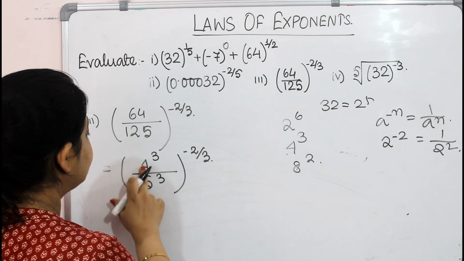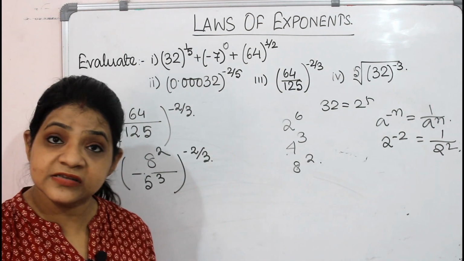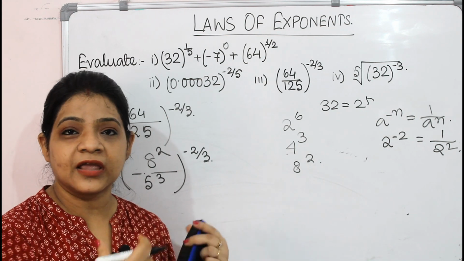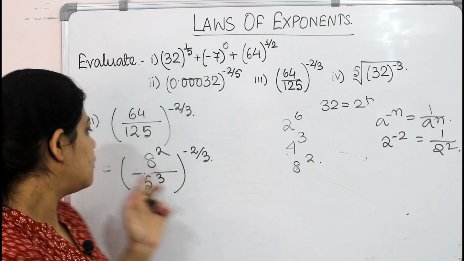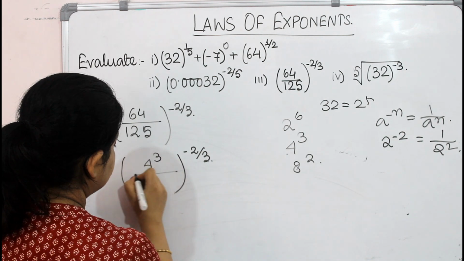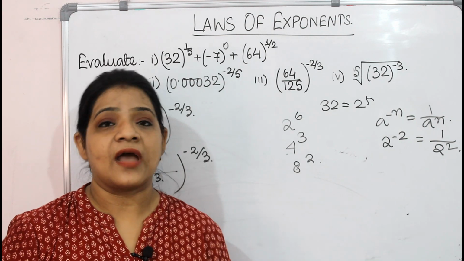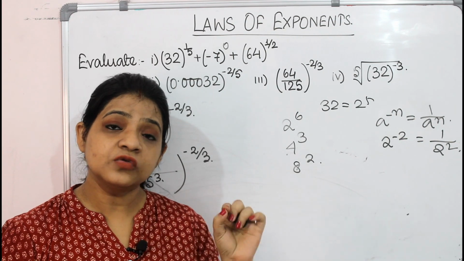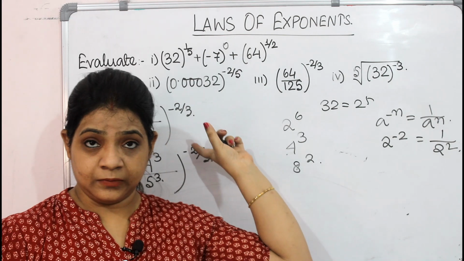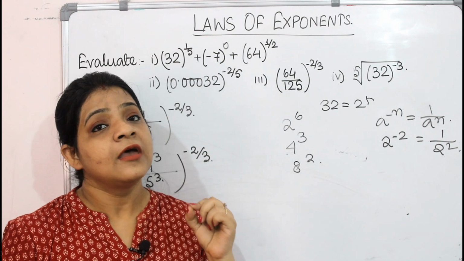Or suppose we had done it with 8 square. 8 square is also 64. But here you see minus 2 by 3, so the calculations become much more complicated. So no use of doing this. We will just write it as 4 to the power of 3 and 5 to the power of 3. So you have to choose the powers very wisely. Please choose the powers based on the denominator that is there in the expression. This minus 2 by 3 is already given. So you have to choose the powers very wisely.